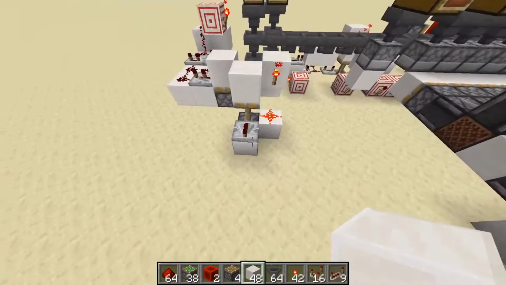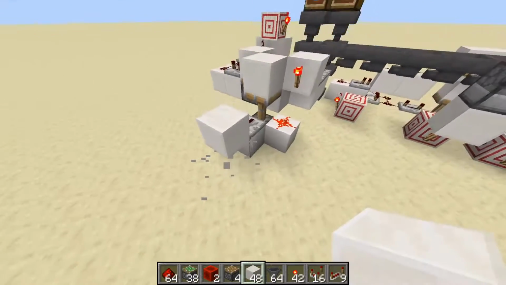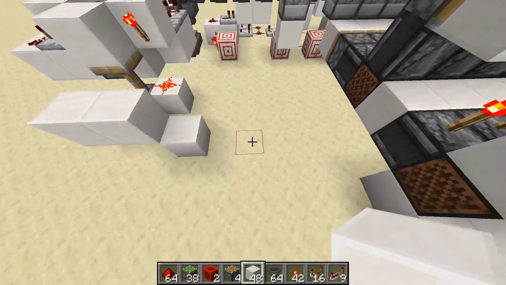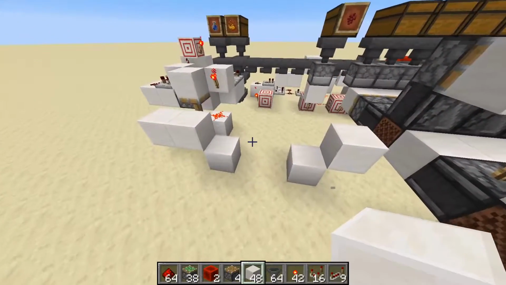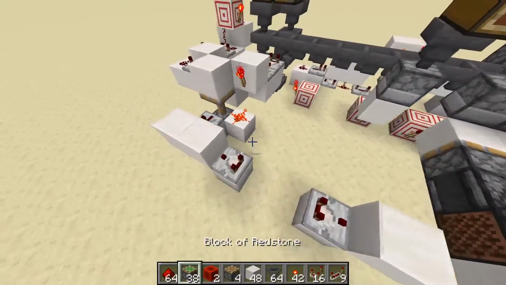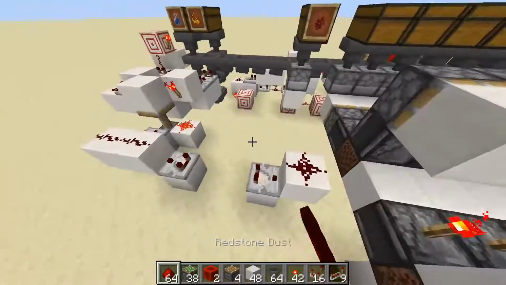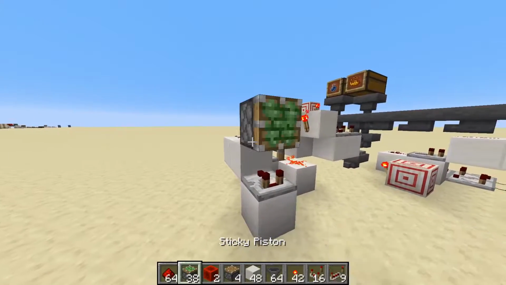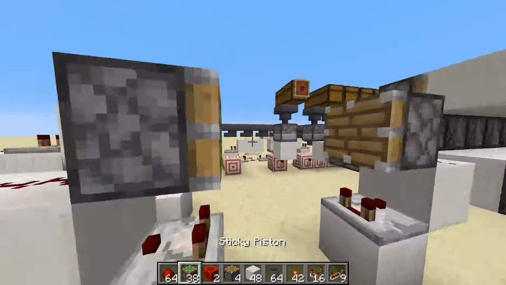Then out of this repeater right here, we want to make another pulse extender, so to do that, we're just going to place 2 blocks out like this, and we're going to make the same shape over here, just like that. Place down a comparator facing out on both sides, redstone dust on both of these blocks, and then on this one, and then a sticky piston on this side, and normal piston on this side,